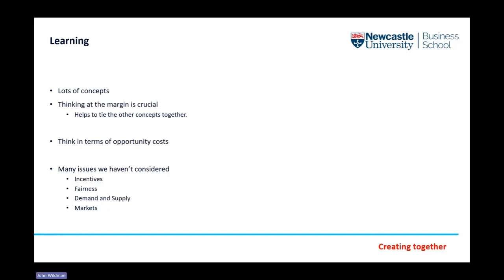Within all of that, though, there's an awful lot that I haven't covered, and obviously I have just gone through this introducing concepts rather than going through them in depth. So we haven't talked about incentives, we haven't talked about fairness and equity, we haven't talked about demand and supply, we haven't talked about market, and market failure is really where health economics came from. And that's the crux. And again, in the reading, I've got the key article that was listed in there, which was in the American Economic Review by Ken Arrow back in 1963, which is really the start of health economics. And you'll start to see a lot of these issues come through, the whole range of health economic issues, not simply economic evaluation.